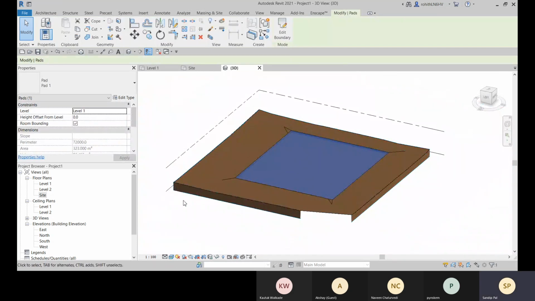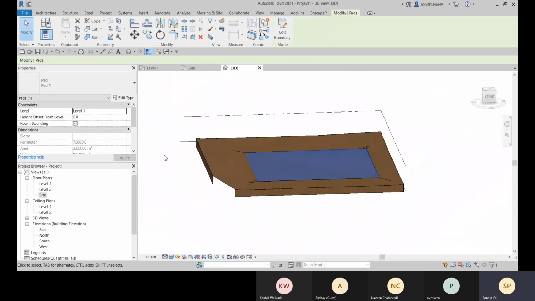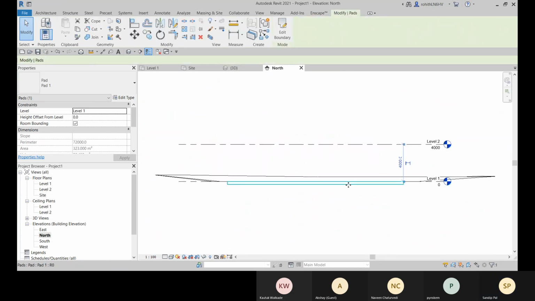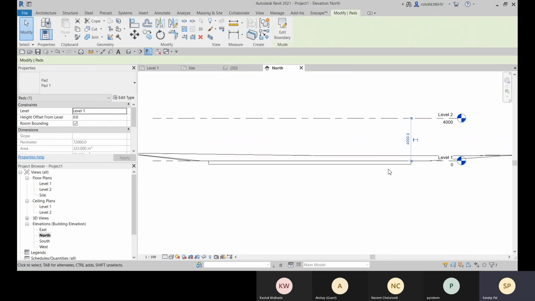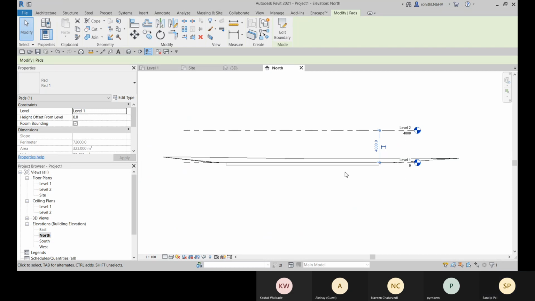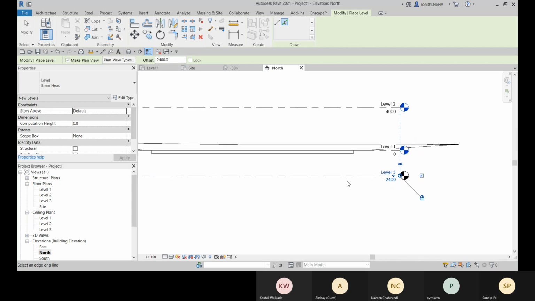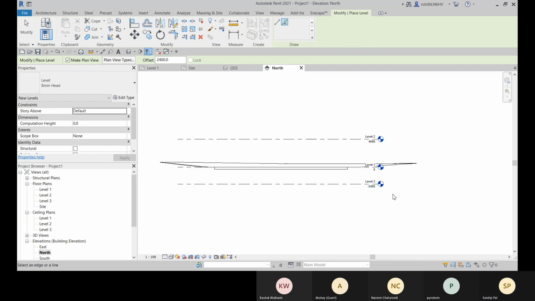If you have a foundation level, let me create the foundation level here, and you can make it till there. LL is the shortcut. Then choose the pick line, give the offset value, like 2000. Fine.